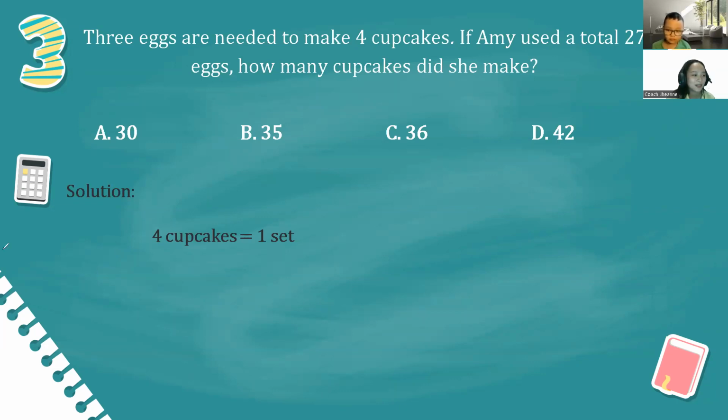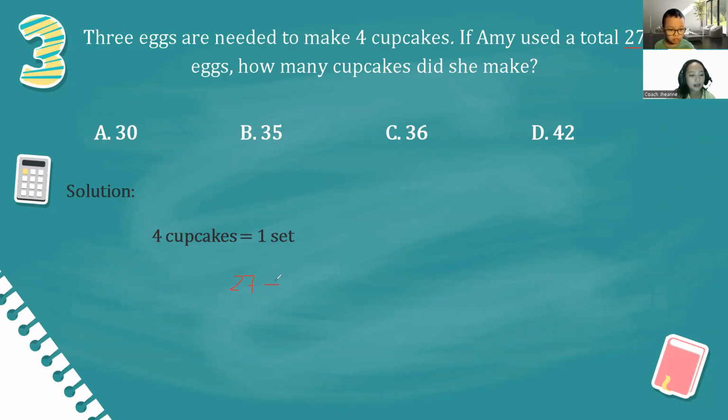Okay, let's proceed to number 3. 3 eggs are needed to make 4 cupcakes. If Amy used a total of 27 eggs, how many cupcakes did she make? So let us assume, or let us note, that 4 cupcakes is equal to a set, or one set. Okay. So if Amy used 27 total eggs, then we have to divide 27